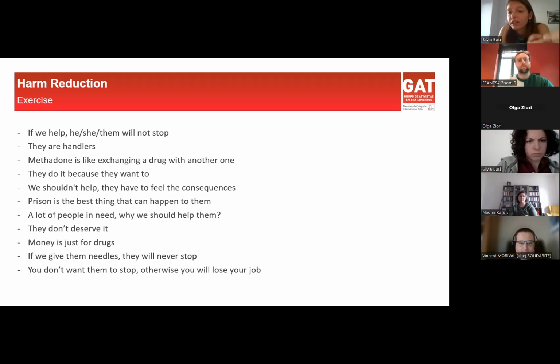Is it exchanging a drug for another one? I'm not going to say that, because methadone doesn't have any big effects. It calms people down, gets them sleepy, but it's not a fun drug. It's not fun to use. It also tastes awful. But it's a great method to control and reduce the use. It's not the only one. Instead of methadone, you can do Subutex or heroin, if it's allowed in your country, of course.